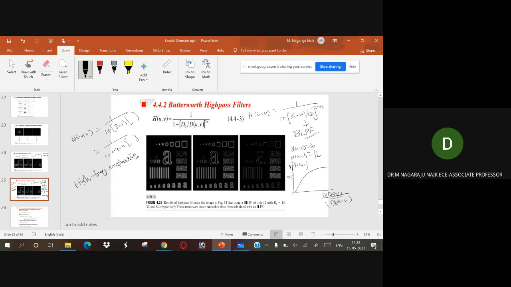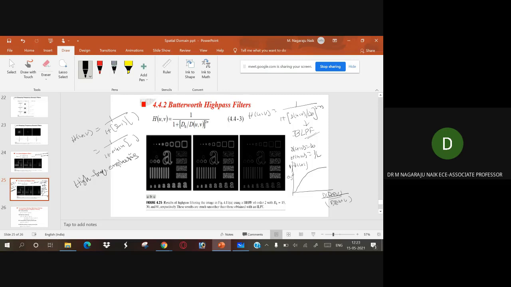A high frequency emphasis means amplification of the high frequency components to values that are higher than the original transformation, then it is called high frequency emphasis.